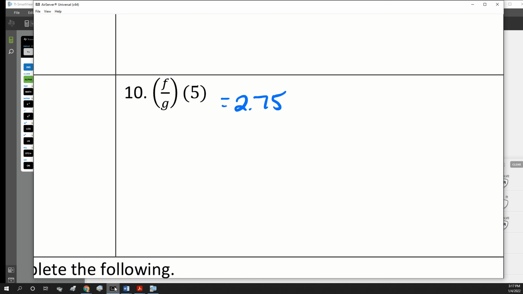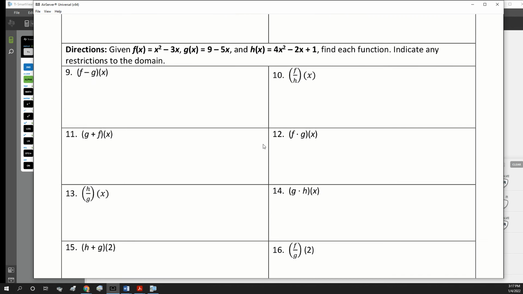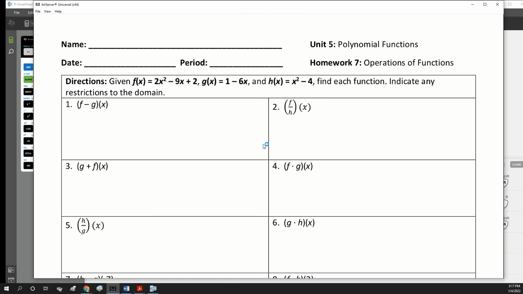All right, so on your assignment today, I want you to just do the front, so 1 through 16. And if you don't finish it today,